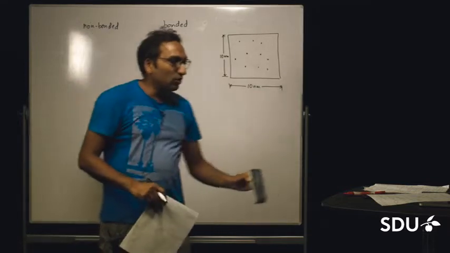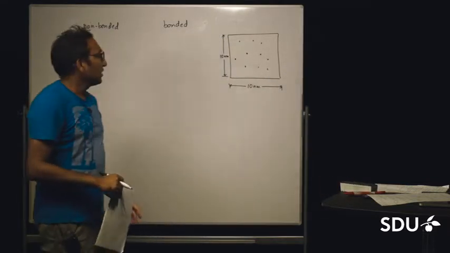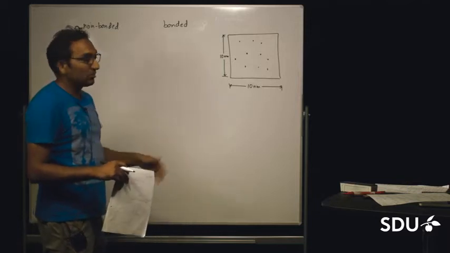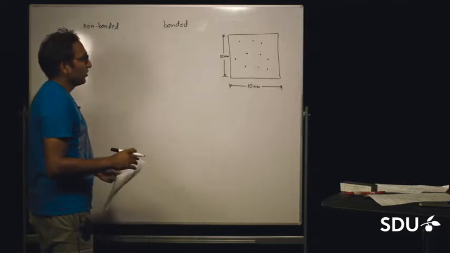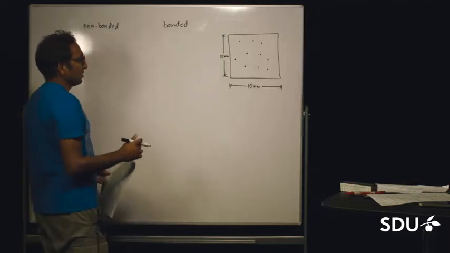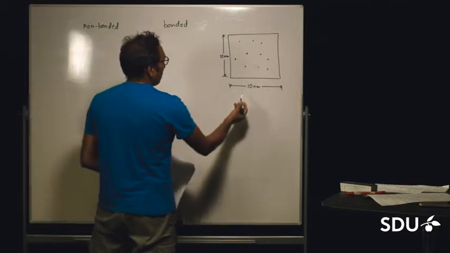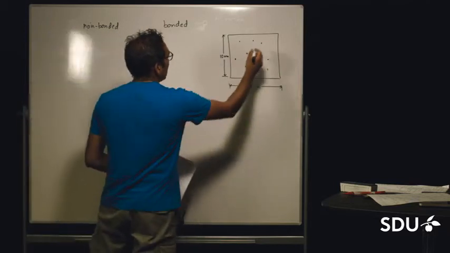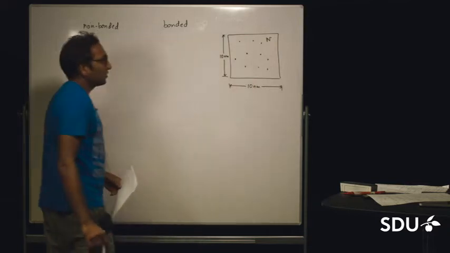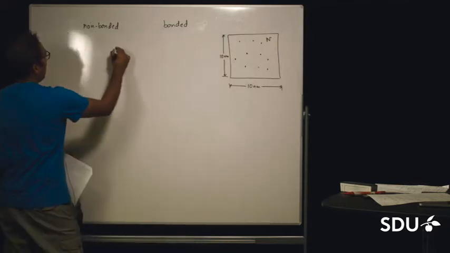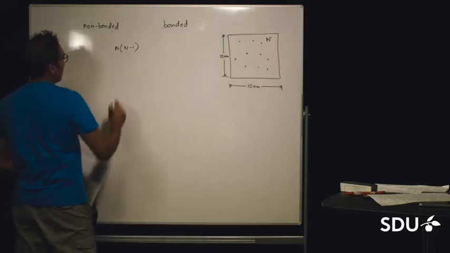But you cannot do this for a non-bonded interaction, and therefore, for every simulation integration time step, you have to calculate all non-bonded interactions in a system. Let's say you have a simulation box of 10 nanometer by 10 nanometer and it contains n particles. So, for every time step, you have to calculate n times (n minus 1) interactions, and this is expensive.